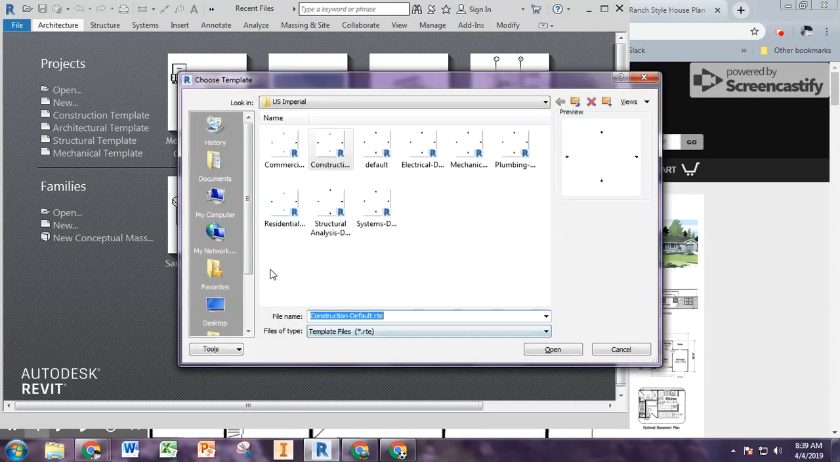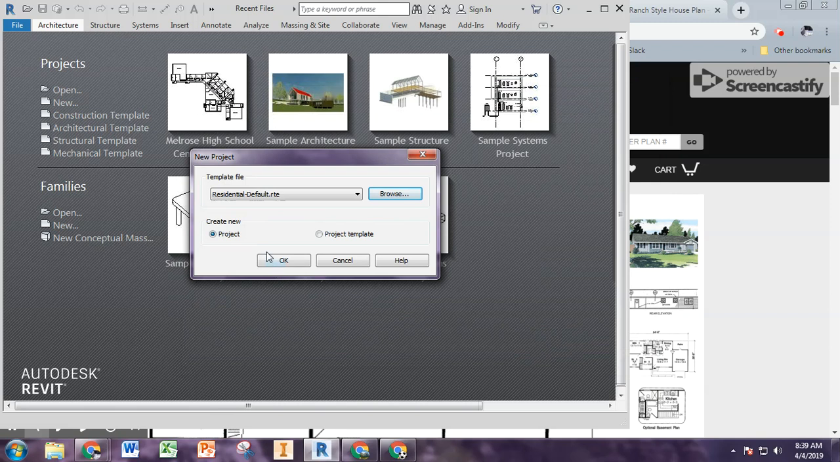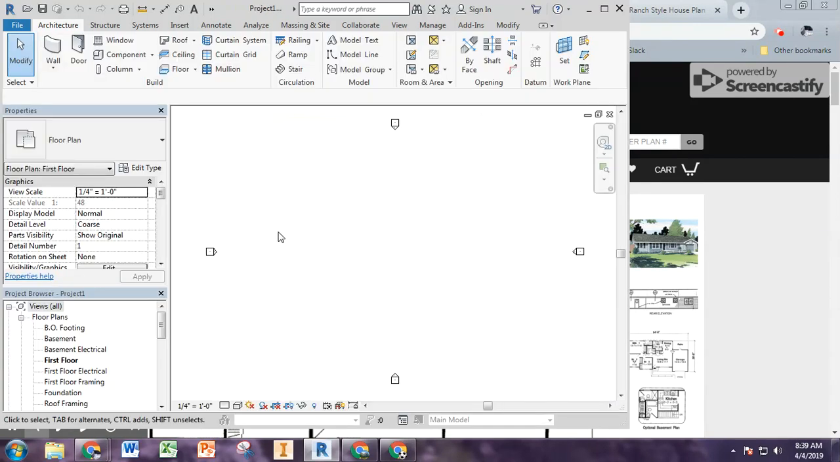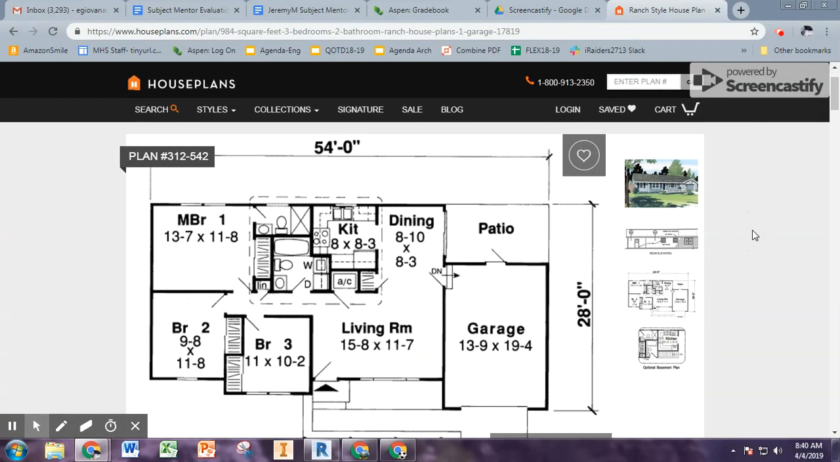And you need the residential template. So make sure you're picking residential default and hit open. And then just hit OK here. You always want project. Okay, now that you have Revit open and your project is open, you want to go to your floor plan